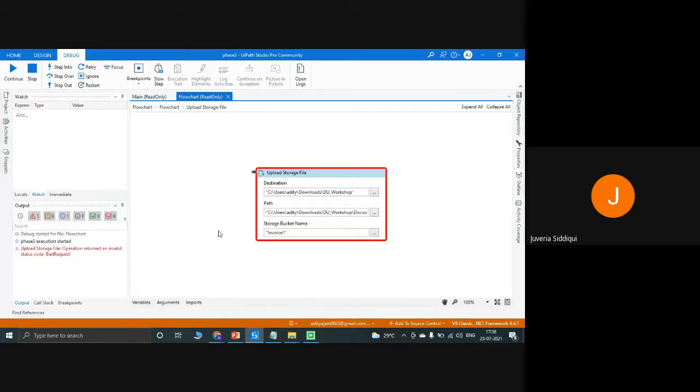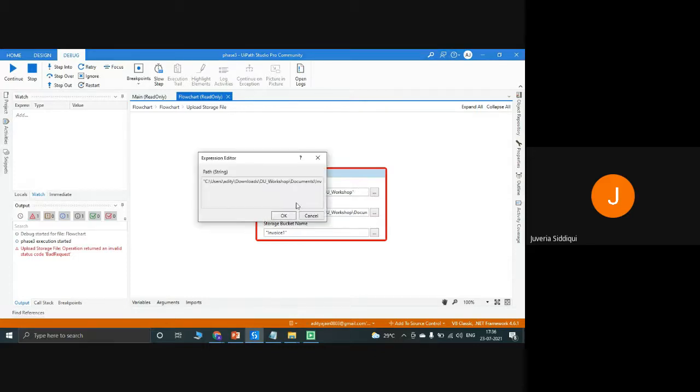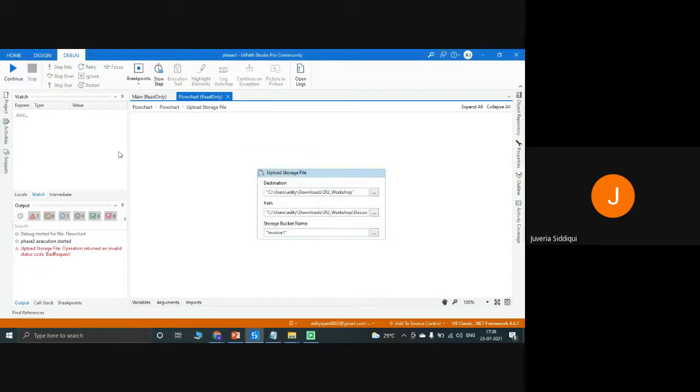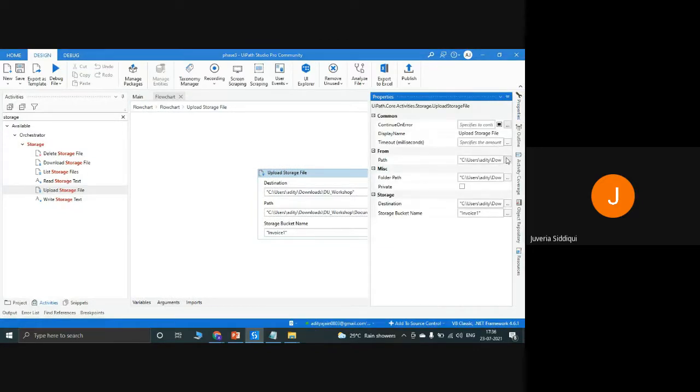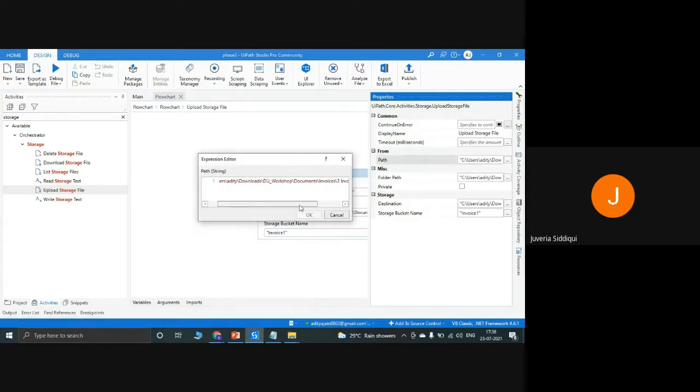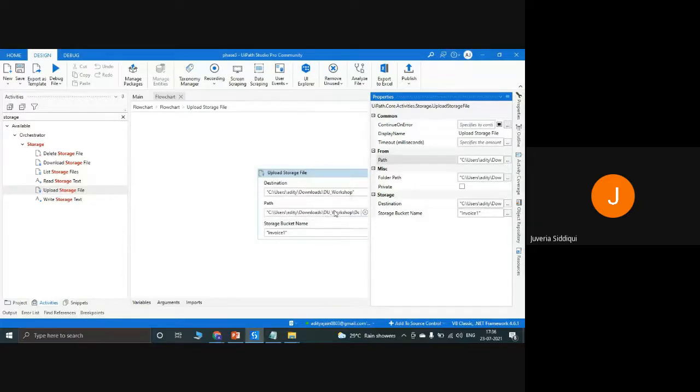Okay, can I see what path you have given in document? Hold on, give me a moment.